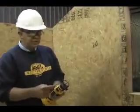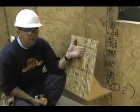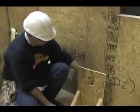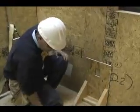Alright, this bit is designed specifically for cutting OSB. And what we've done is made a very, very simple template. It is nothing more than another piece of OSB with a couple of brackets, such that the height of this is exactly where we want our box. When we go through,